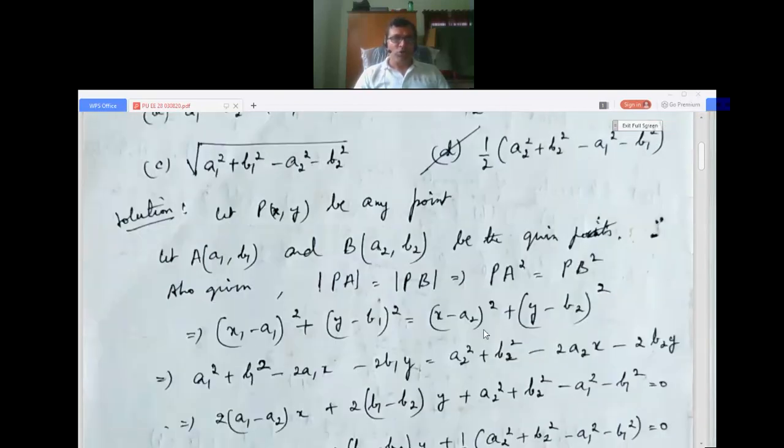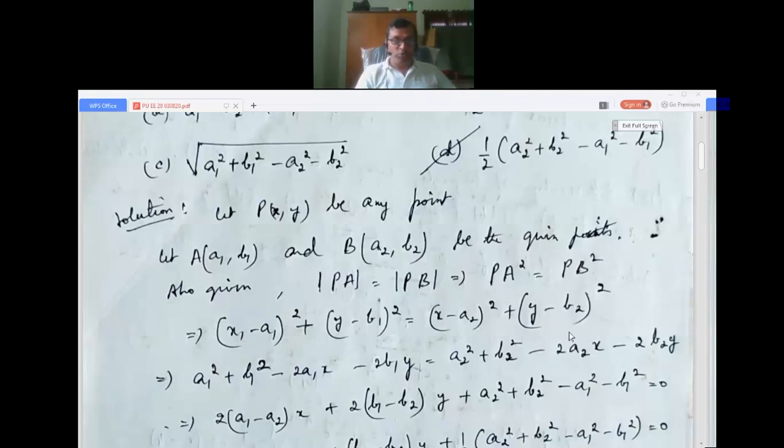Okay, now the solution. Let P(x, y) be any point, and A(a1, b1) and B(a2, b2) be the given points. Also given, the distance PA is equal to the distance PB, that is PA squared equals PB squared. So by the distance formula, (x minus a1) squared plus (y minus b1) squared equals (x minus a2) squared plus